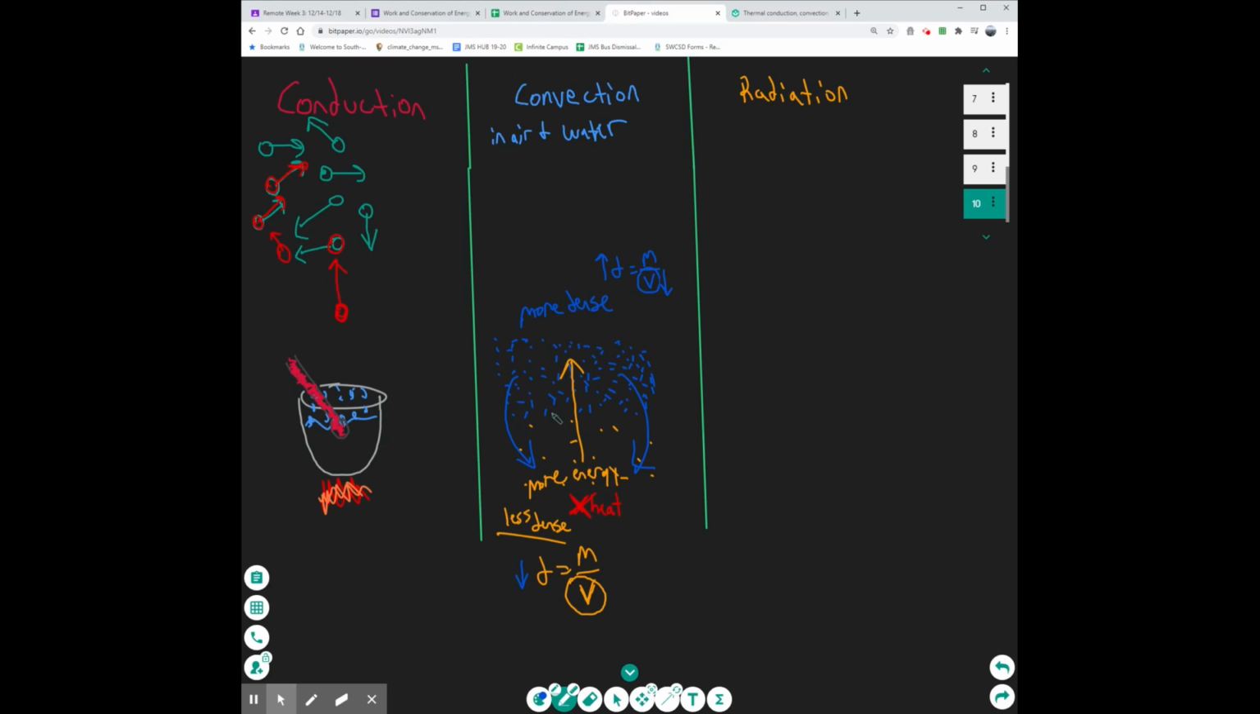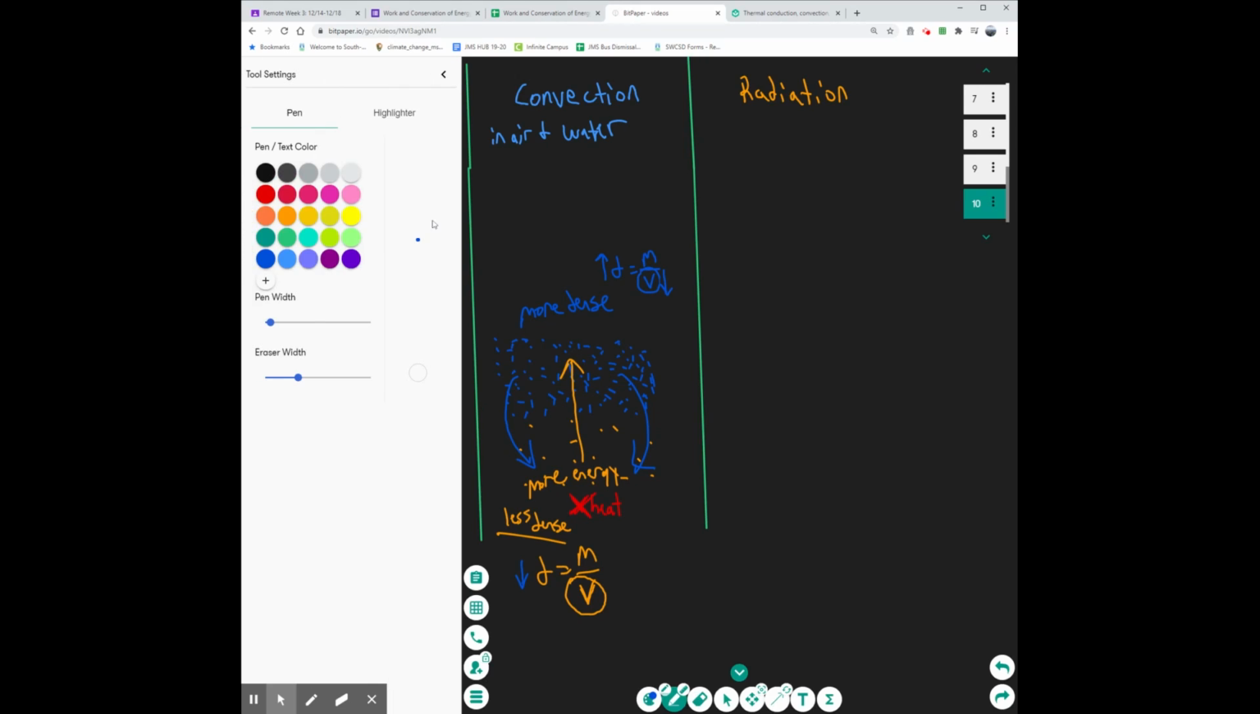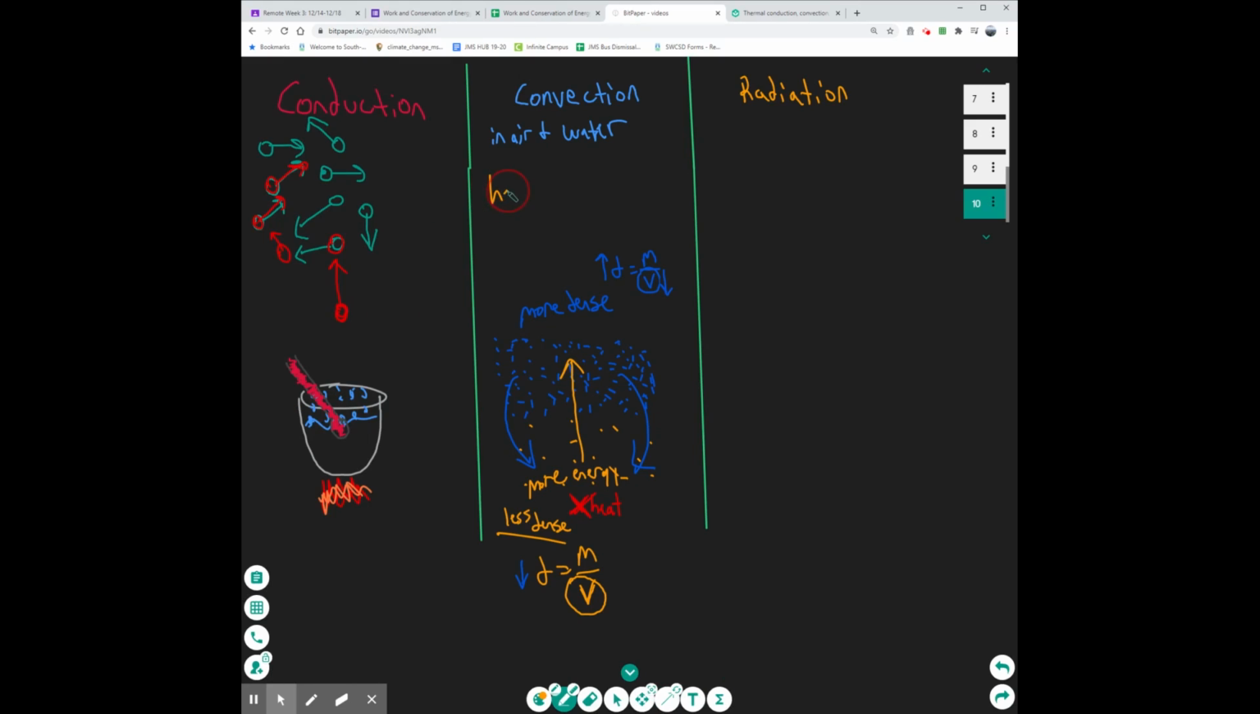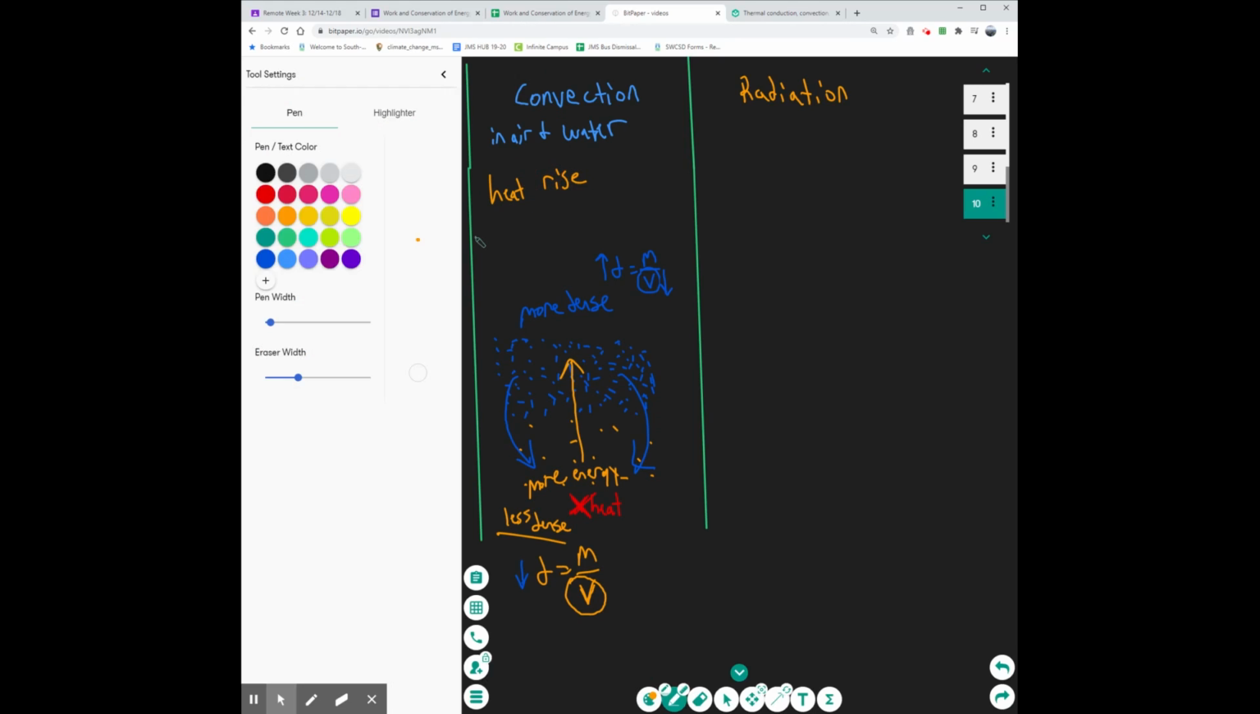So here in this convection process, this is kind of how we do our air conditioning and heating systems, right? We rely on the idea that heat rises and cold sinks, right? So we know that to be true, and the reason is because of this description of convection right here. So heat rises